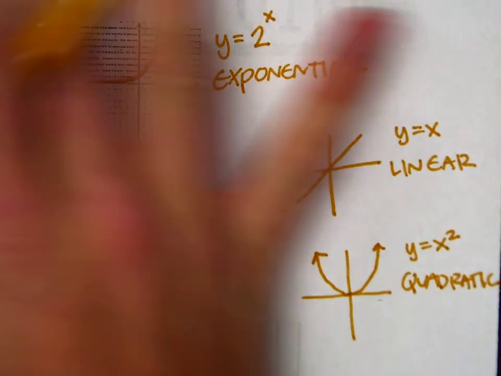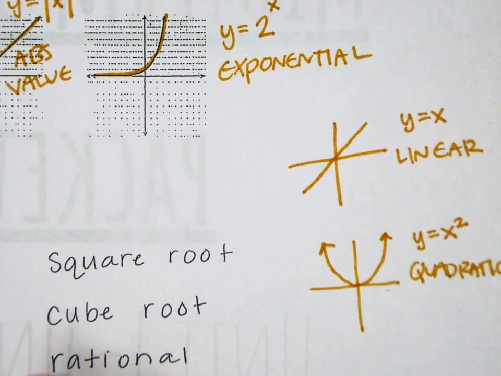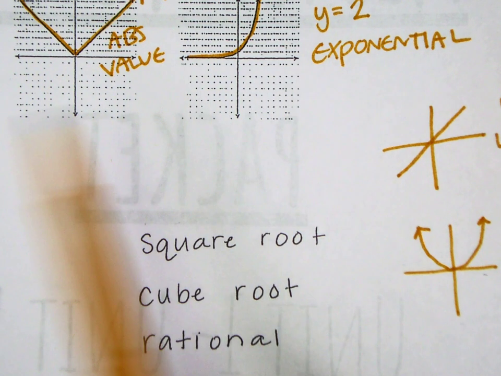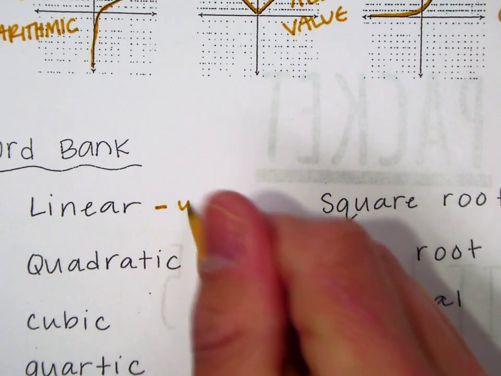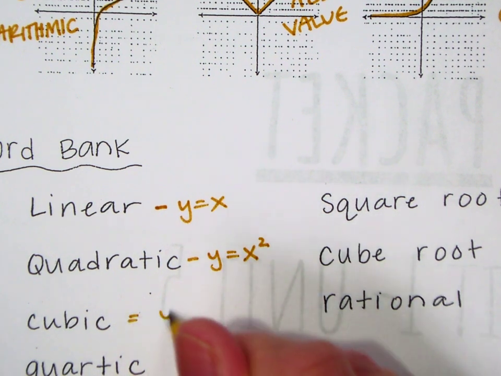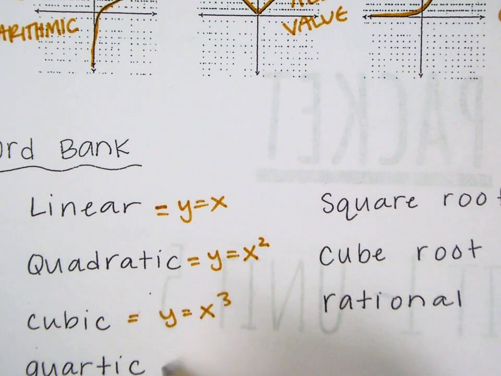I think the rest of them are on there. 1, 2, 3, 4, 5, 6, 7, 8. Yeah, I think that's it. All right, so then the word bank was just some other examples, knowing that linear is y equals x, quadratic is y equals x squared, cubic y equals x cubed, quartic is y equals x to the 4th,